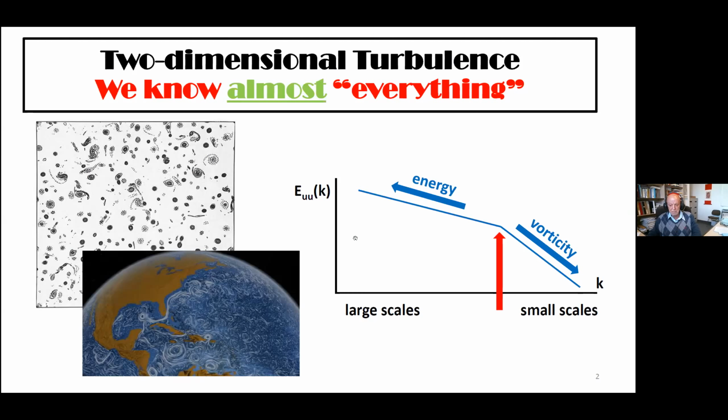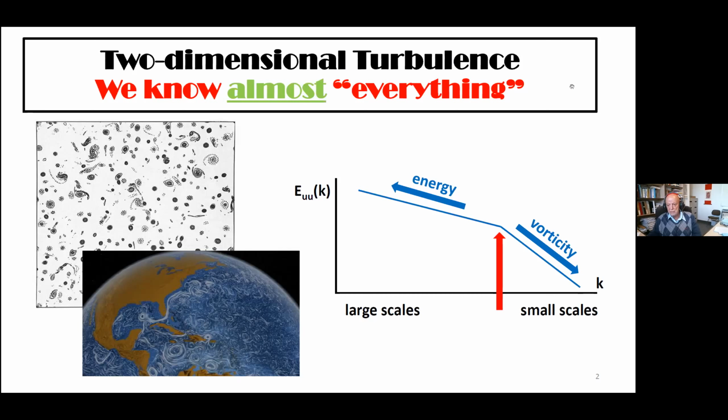This is mostly a theoretical thing, okay? But it is not completely useless because there are things on Earth, basically, and on planets which are thin. They're not quite two-dimensional, but thin, like oceans and the atmosphere. And then they more or less behave like two-dimensional turbulence. And we know almost everything about this, because it's cheap. It's much cheaper than doing things in three dimensions. So people have been looking at this for a long time.